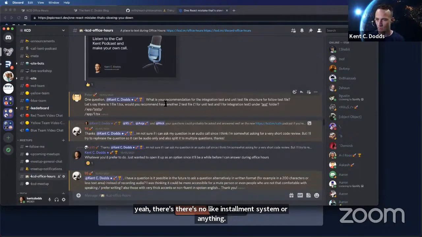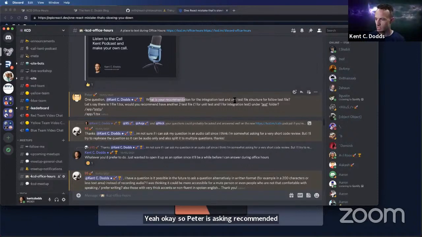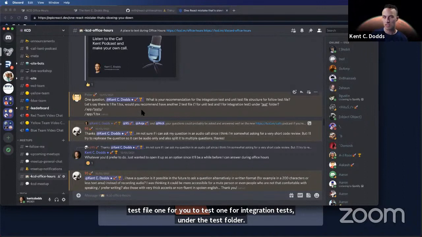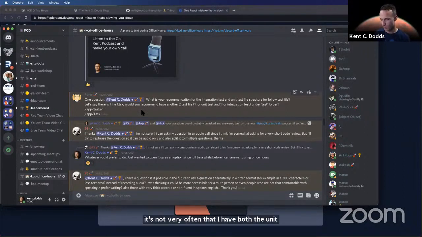Yeah, okay. So Peter's asking for a recommendation for integration test and unit test file structure. Say there's one file, one TSX. Would you recommend another two test files, one for unit test, one for integration test under the test folder? So it's not very often that I have both a unit and an integration test for the same file.